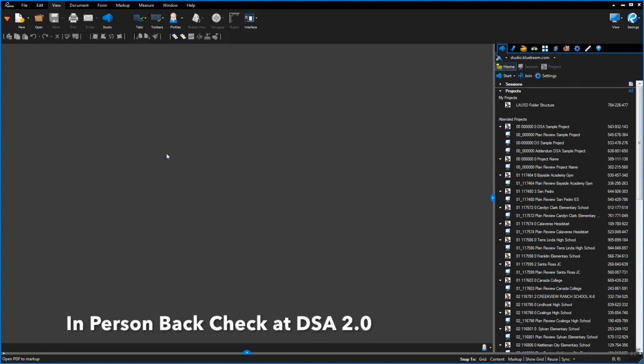In-person backcheck at DSA. Backcheck Submittal. The DSA Consultant Plan Reviewer will contact the DSA point of contact and arrange a backcheck appointment. The DSA point of contact will schedule the appointment at a designated backcheck station. The Design Professional of Record and the DSA Consultant Reviewer will report to the DSA Regional Office at the scheduled